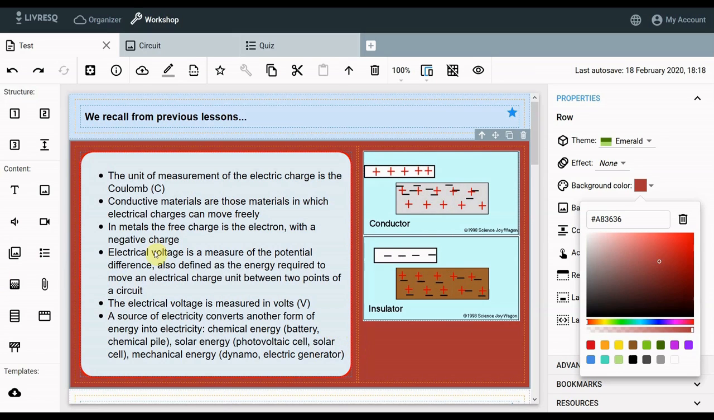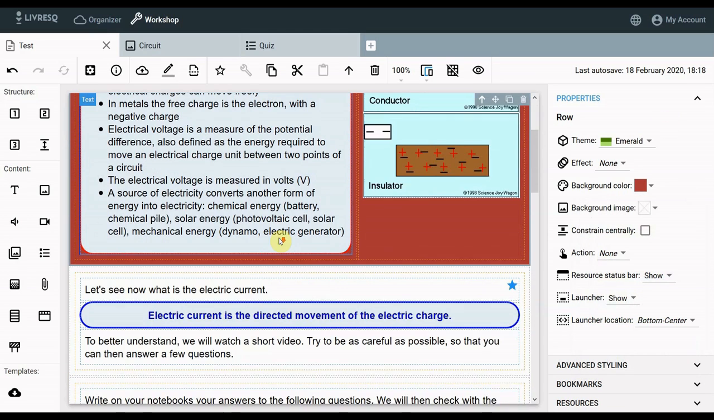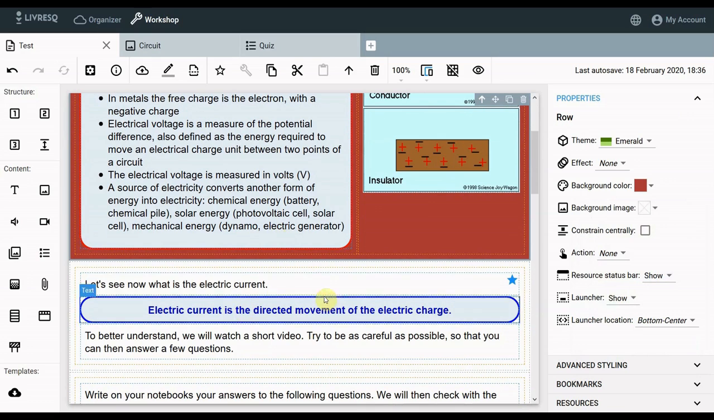As with the quiz resource, changing the background color of a cell containing text affects the entire cell. The difference being that the new color can be seen in edit mode,